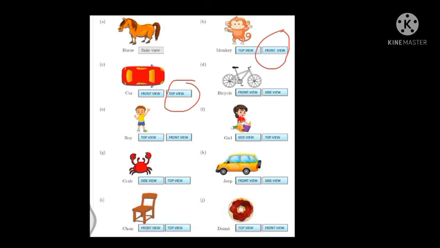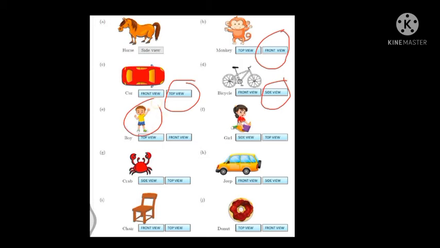Clear everyone? Okay, the next one, if you will see this one, the cycle. Can you see a bicycle? Yes or no? So the bicycle will look like this. If we look at this bicycle from the front, अगर हम सामने से देखेंगे, the bicycle front view would be this one. यानी सामने से देखेंगे, so wheel, then handle and all we can see, right? But if we look from this side, अगर हम side से देखेंगे, this bicycle will look like this. So that means this cycle's side view is there. Clear everyone? Understood? Okay, so here I have circled the side view. Either you can tick also.